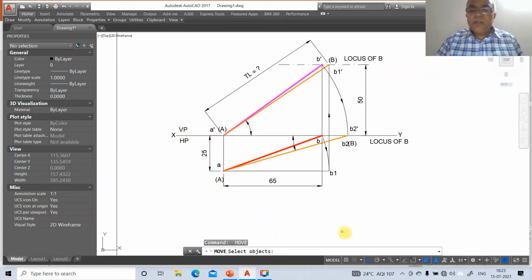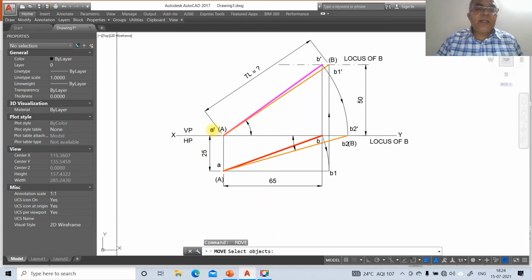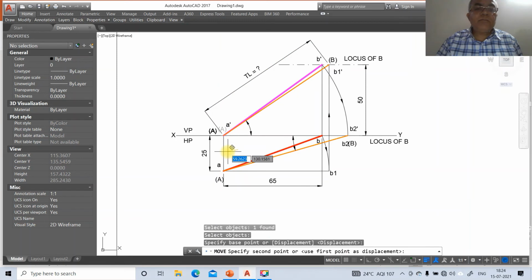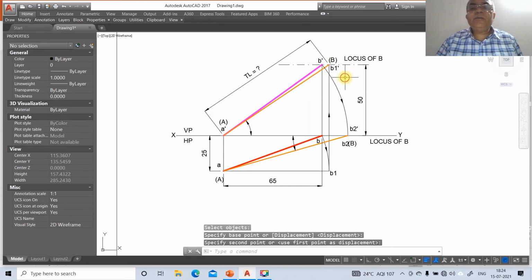X. Then switch off the ortho mode, then go to move VP, then go to HP, then A dash, then A. So you take A dash and you take it as A. You have B dash, you have B1 dash.